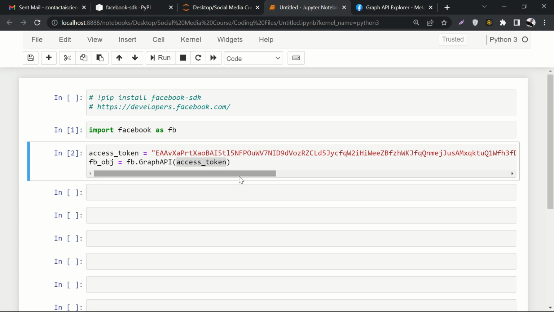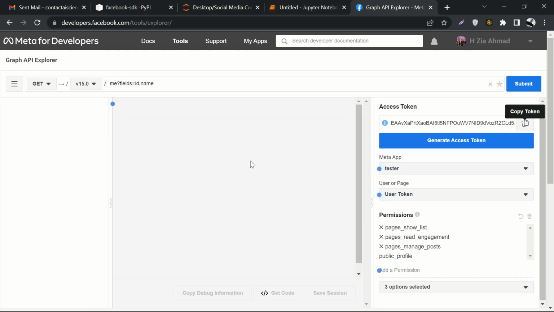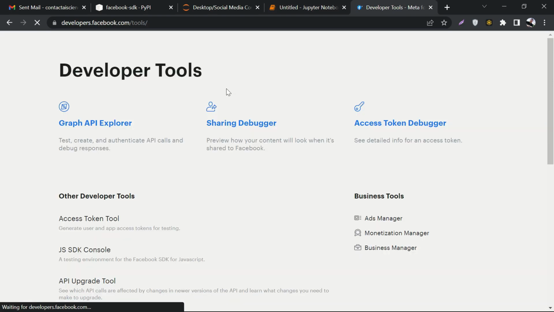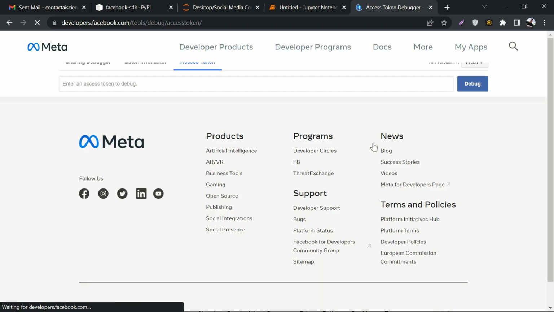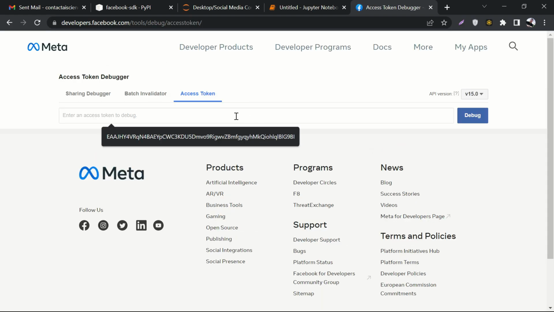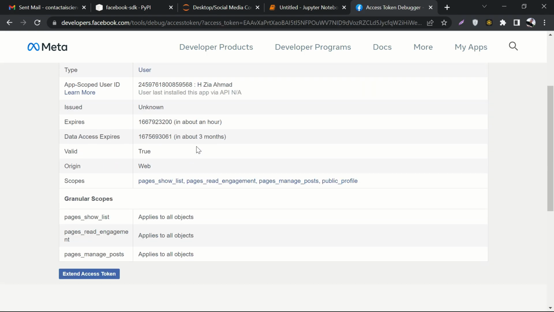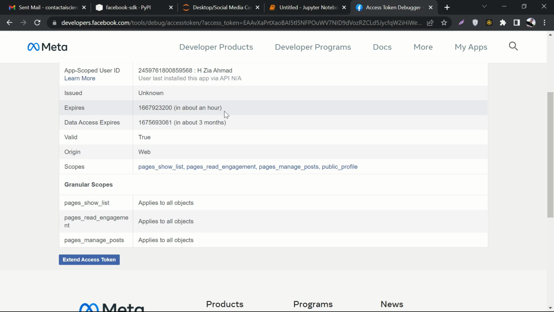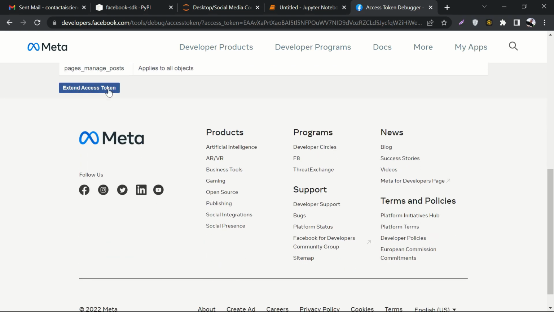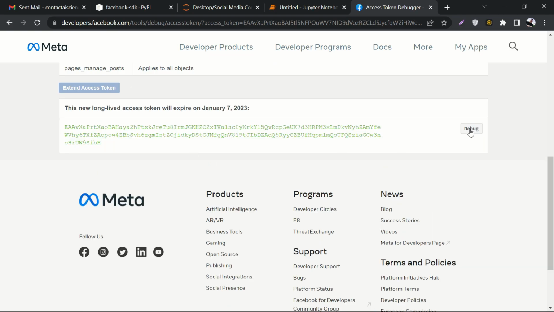Great. Now let me tell you, this token is valid for only 1 hour. After 1 hour, it will automatically expire for security purposes. So if you want your token to last longer, since you might be working on a project in which you do not want to change your token time and again, what you can do is go back to the tools. You will go to access token debugger. Here we'll paste the token and click on debug, right? Here you can see that it will expire in about an hour, right? So here we'll say extend access token. Click over here, click on debug,